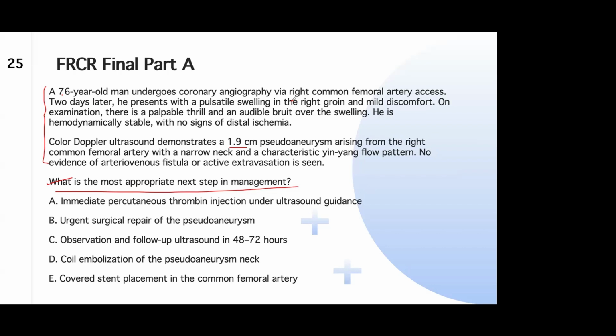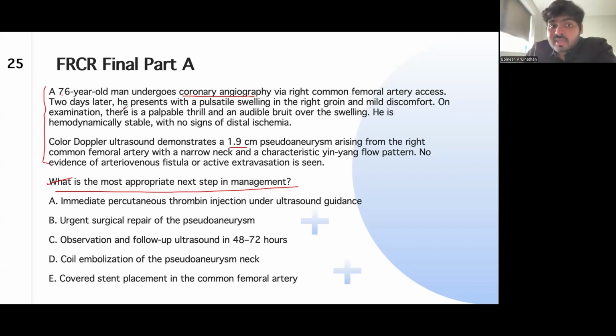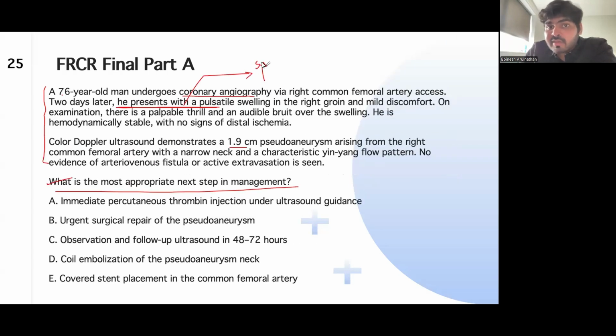So basically, what features will you have to take into consideration? First, you'll have to know about management of pseudoaneurysms. The question says a 76-year-old man undergoes a coronary angiography, femoral arterial access was taken, and he presents with pulsatile swelling. If it says he presents, it means it is symptomatic, right? So he's symptomatic,